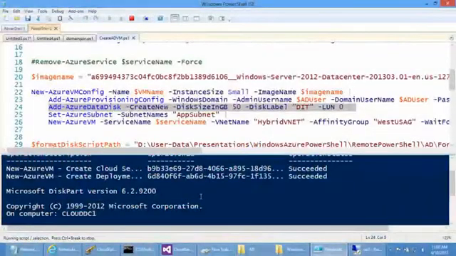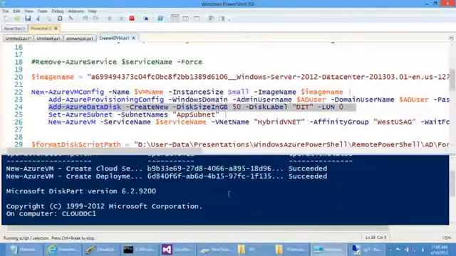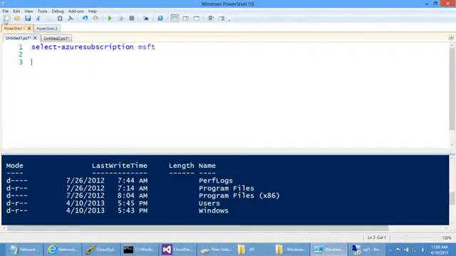You can see our domain controller is still chugging along. We're running diskpart right now, so eventually it'll get formatted and start deploying AD. So what I want to show